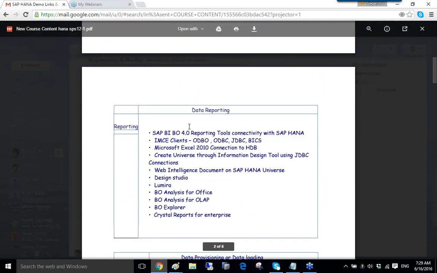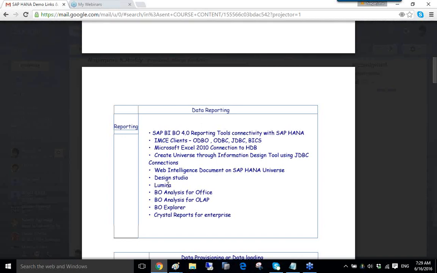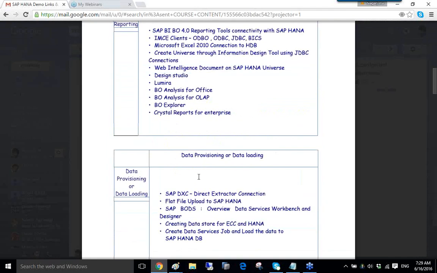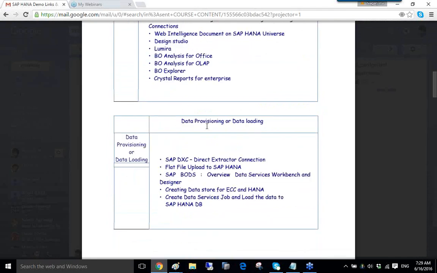In the data reporting or the presentation of data, we're going to discuss Web Intelligence and Design Studio. Lumira is a cloud-based UI, BO Analysis for Office, OLAP, Explorer, Crystal Reports Enterprise, all this on the data reporting part. In the data provisioning, as we discuss, DXC, BODS, SLT, using flat files, importing all, how to configure each of them very detailedly, how we can replicate data, and